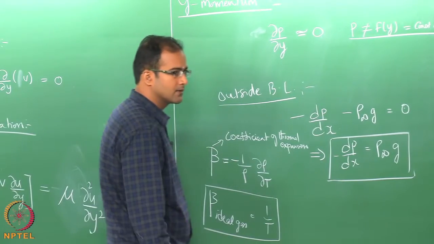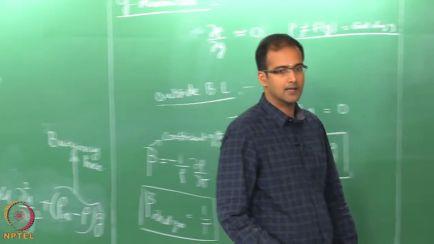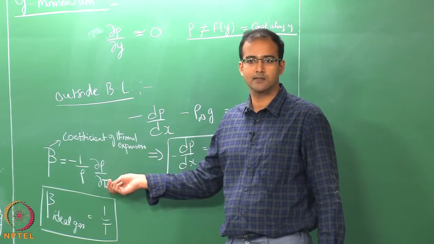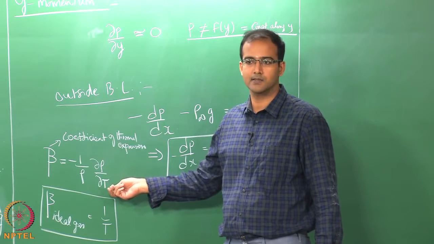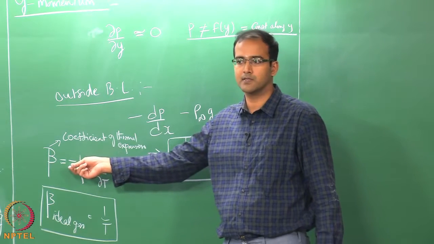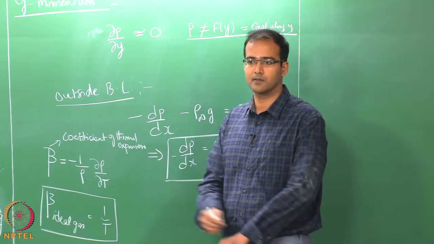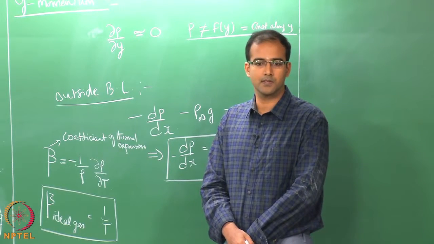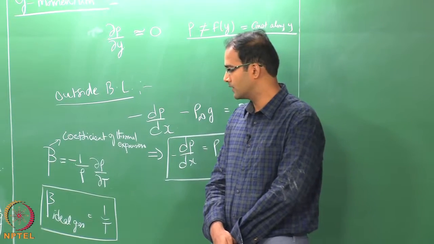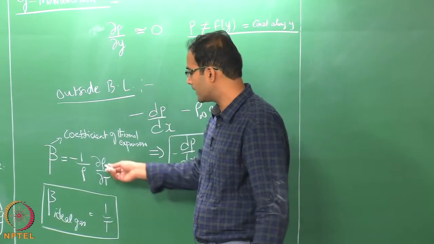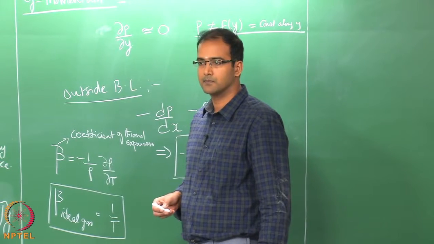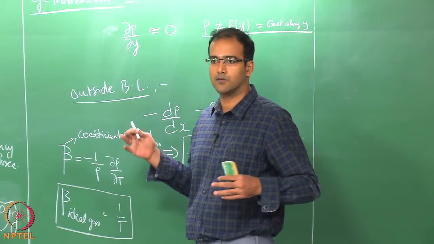Okay. So, why are we putting a negative sign here? Because usually the density decreases as your temperature increases. So, in order to make sure that this thermal expansion coefficient is positive, we put a negative sign here, alright. So, therefore, now if you use a simple finite difference, assuming a linear variation of density